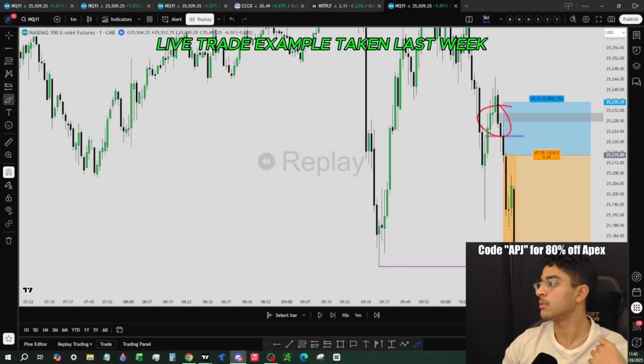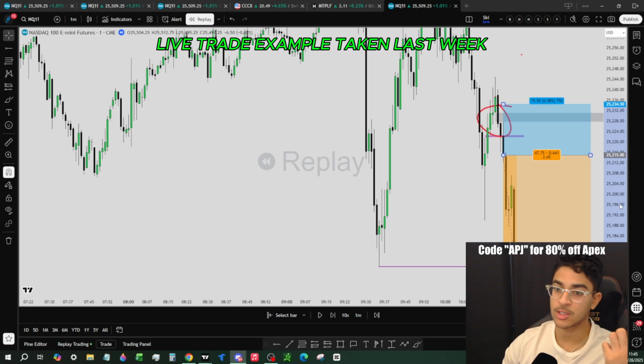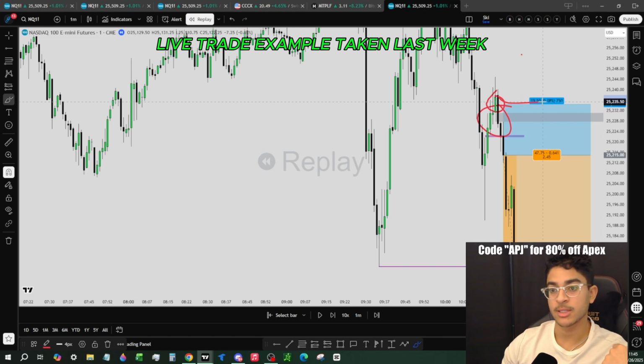Trying to see where it was. Yeah, so I took this close here. My stop was in the mean threshold of this 1-minute order block. Mean threshold, just an ICT term, means halfway of an order block. So if you see this last candle in this retracement leg, this uptrend, my stop was halfway through that.